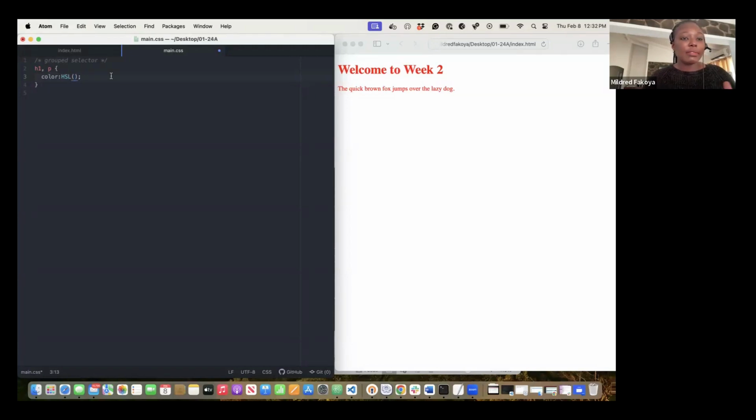So if we want to have a value for HSL, let's say we have 0 here, and we'll put 100% here, and then 50% here, and then we get the color. So what you will do is always have a reference manual for your favorite color to get what you want. So this gives us the red color. And if I want to change this to be,